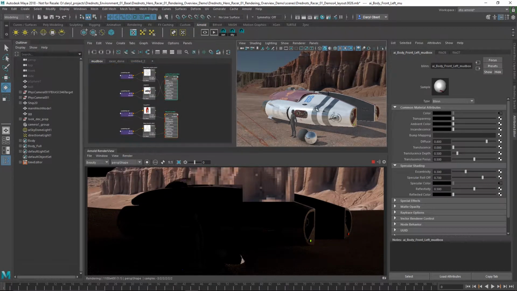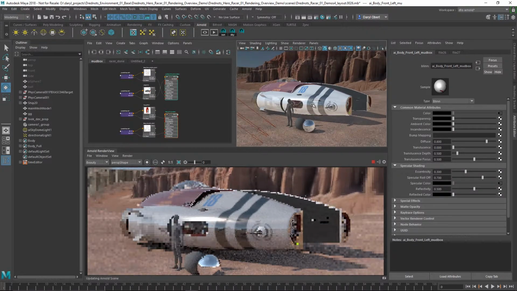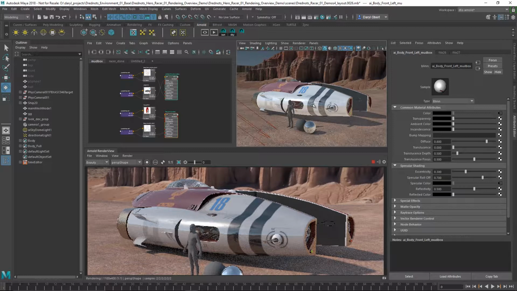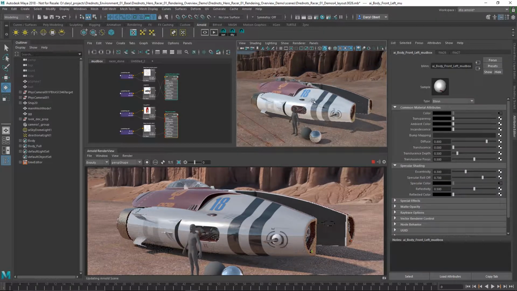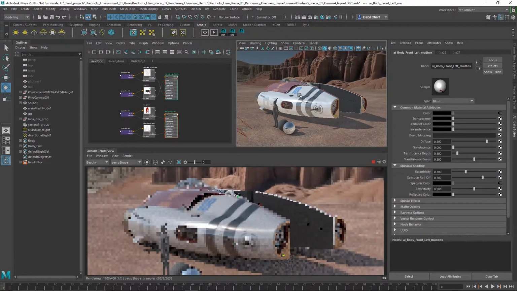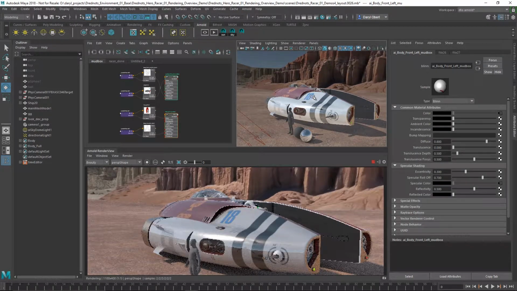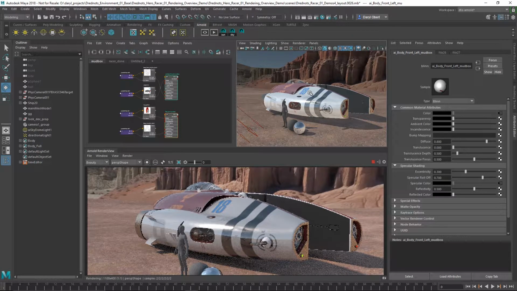With that done, you'll notice that Arnold is going to be rendering in the background as I'm working. For the rest of the demo, Arnold will constantly, progressively get more and more refined in the background. This is one of the things that's so impressive with Arnold 5: the speed. It's just crazy fast. The fact that I can sit here and move around my scene and actually interact with it while the renderer is running and producing an extremely high fidelity render is simply amazing to me. Arnold 5,